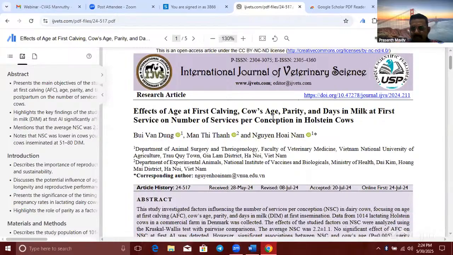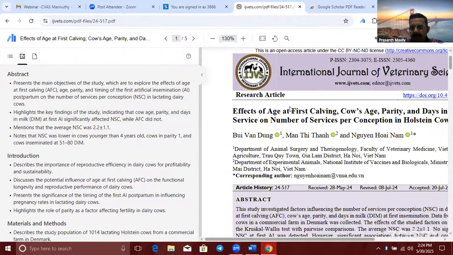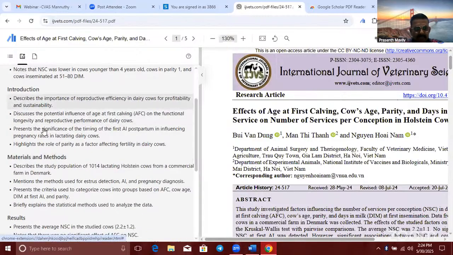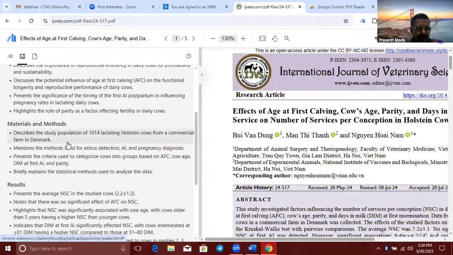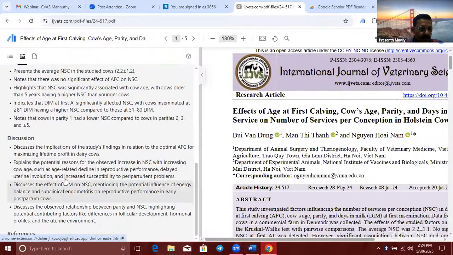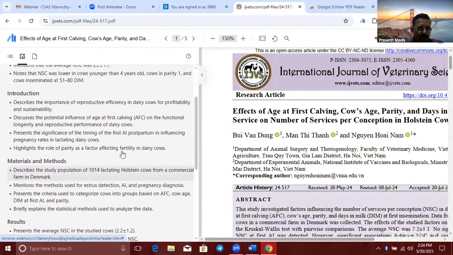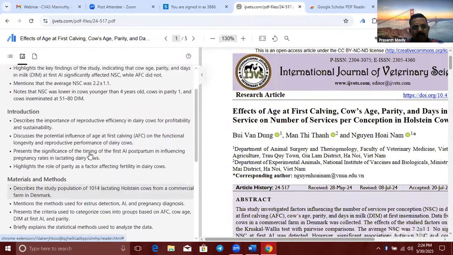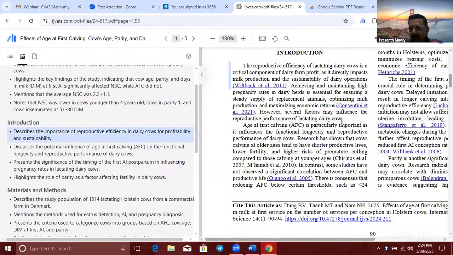You can see on the right side, and on the left side automatically you can see an AI outline. It's a bit smaller, you can expand this, and on the right side the original paper is there. The abstract has been described in bullet points, and after that you can see introduction, materials and methods, results, and discussion. In quick bullet points, it's simply an outline. And if you click on these, it will directly go to the paper where it is discussing.